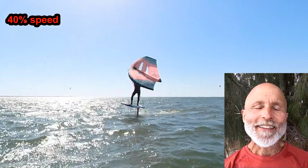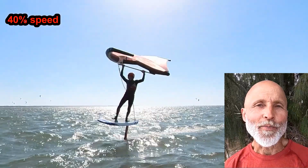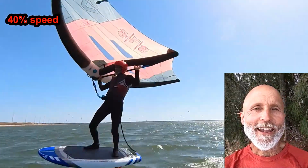I call this new transition the necking jibe because, like a first kiss, once you've got it, you're going to want to do it over and over again. It feels that good. Its name also comes from the fact that you bring your wing up over your head and actually kiss